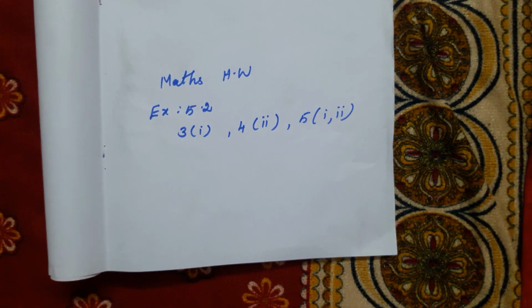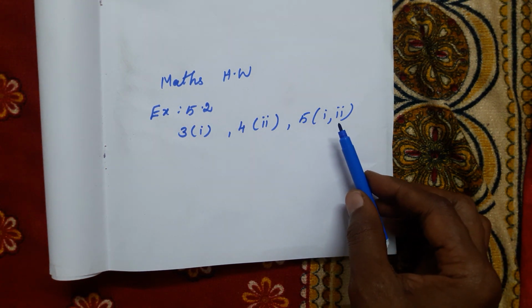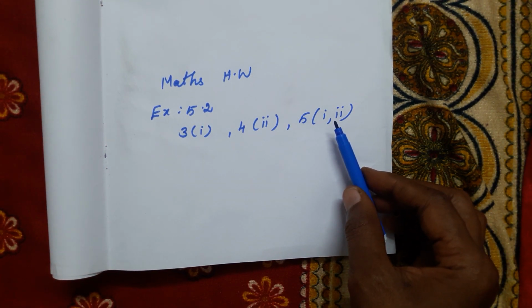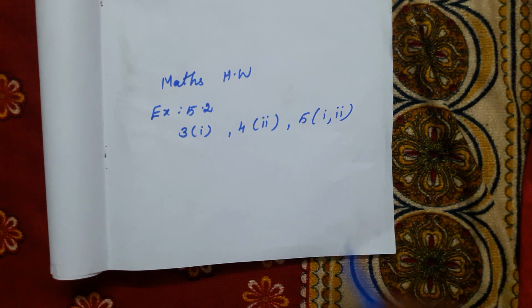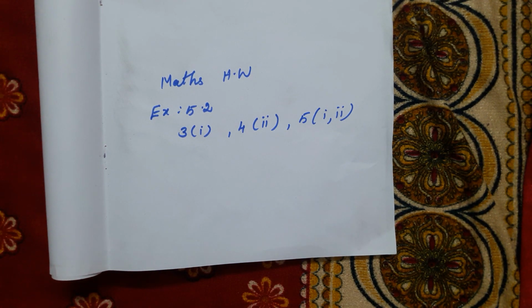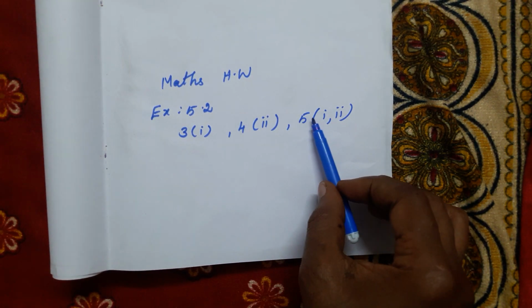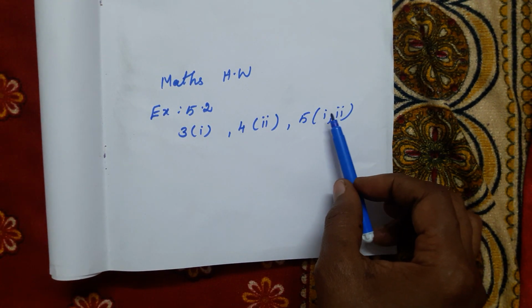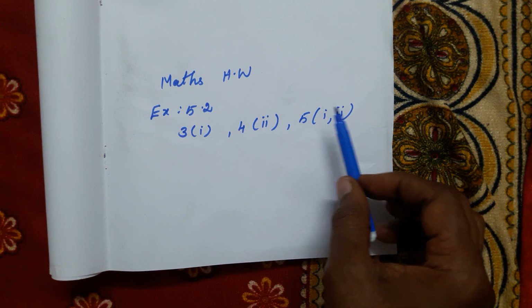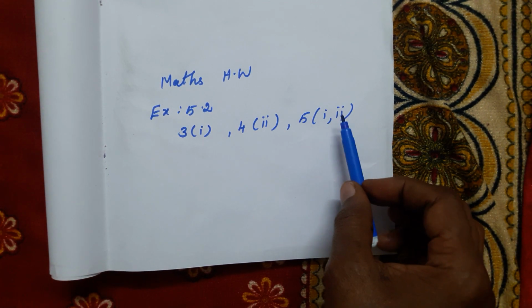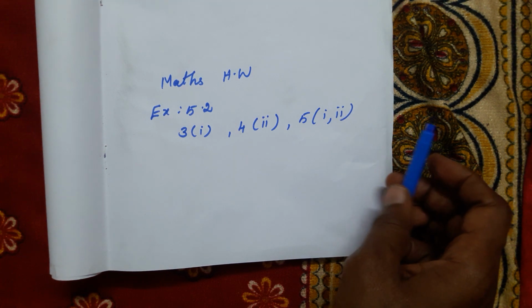Fifth one, first and second problem. So that the following points taken in order form the vertices of a parallelogram. Okay, example problem, one problem same like that we have completed. Example 5.7. Same model only. Exercise 5.2, fifth one, first and second problem. Very easy problem. So that it is a parallelogram, we want to prove that the opposite sides are equal, like that. You want to prove that.